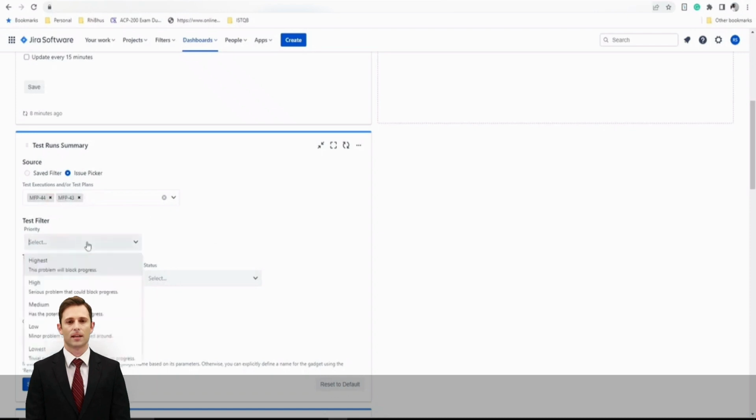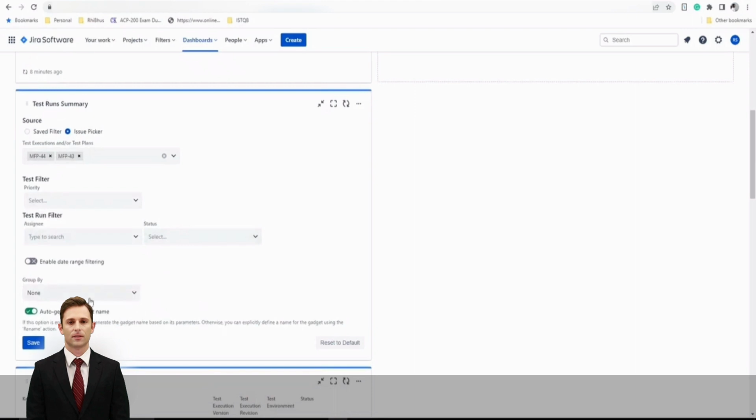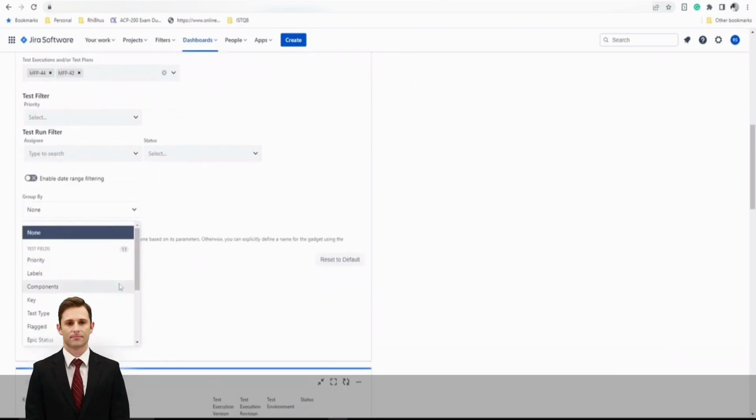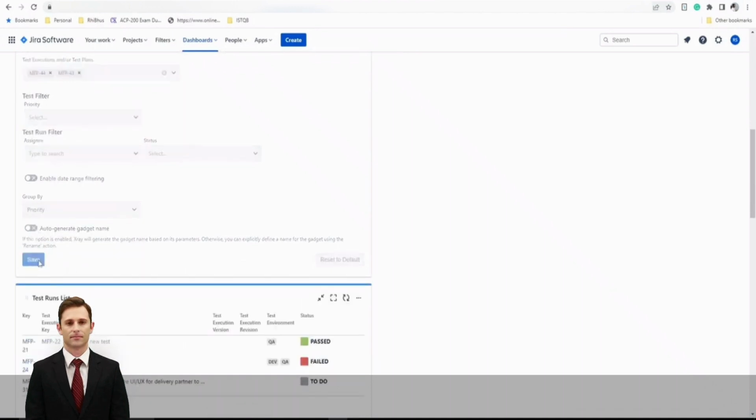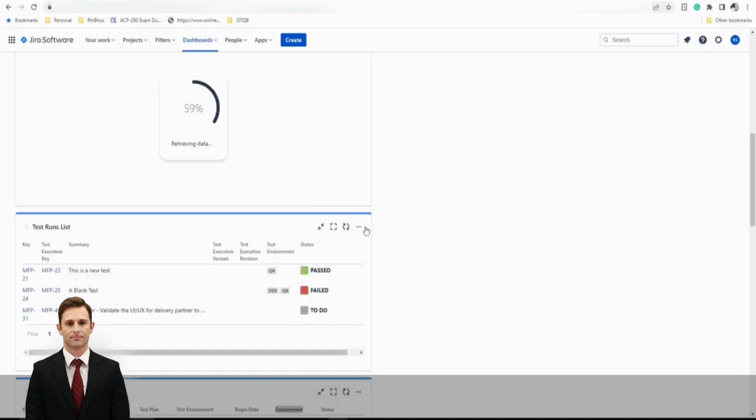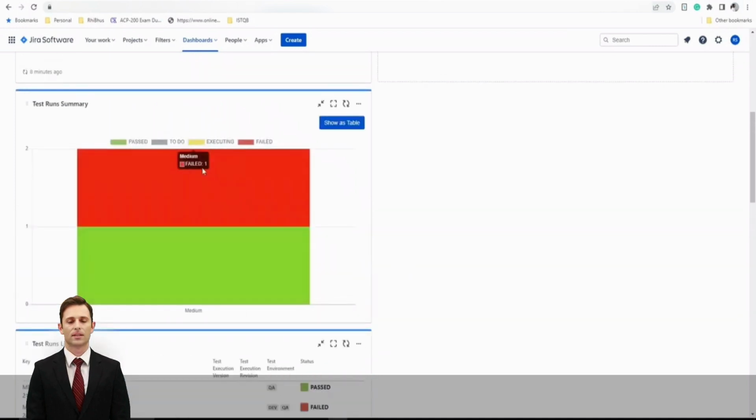You can filter out again. Pull out the assignee or status, and if you want you can group by any parameter. For example, I can use priority again and just save it. So, this is my bar curve, which is coming in just 1 column. That is medium because all my tests are just medium, and 2 runs are displayed, 1 is passed, and 1